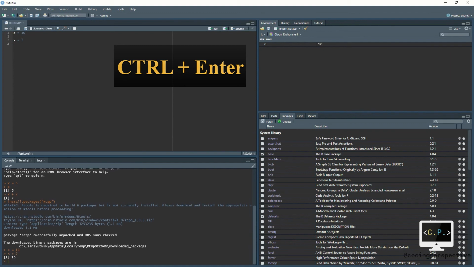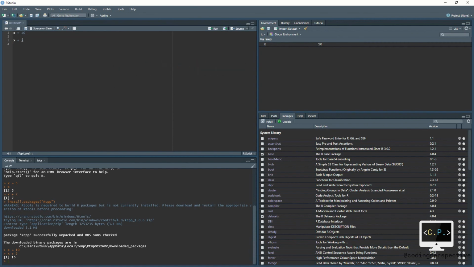When you press Ctrl plus Enter, each line is executed and the next line is waiting for execution. As you see below, we first execute x equal to 10 and then execute x plus 5, which is equal to 15.